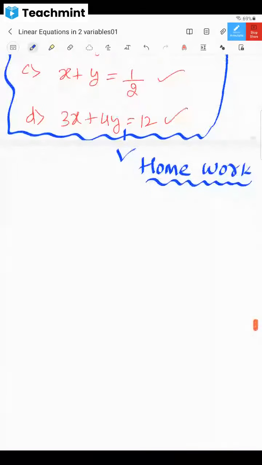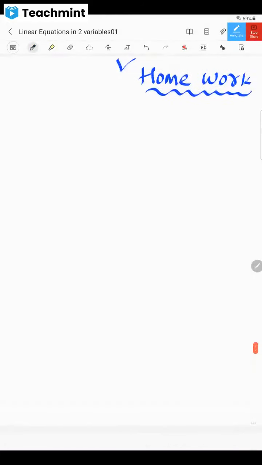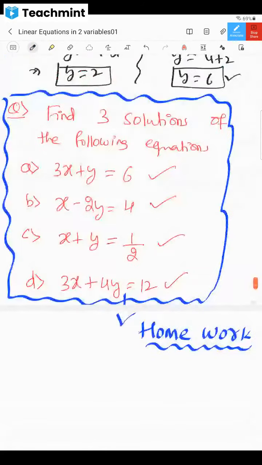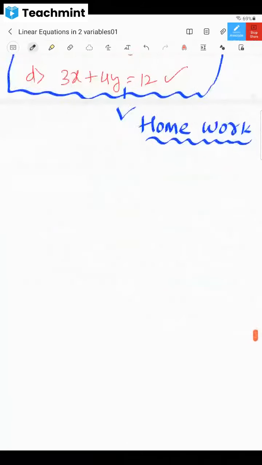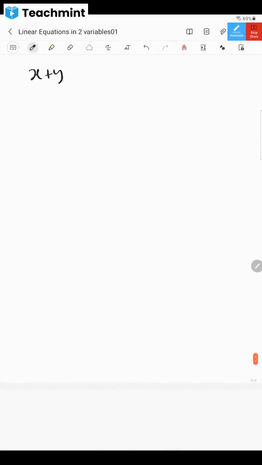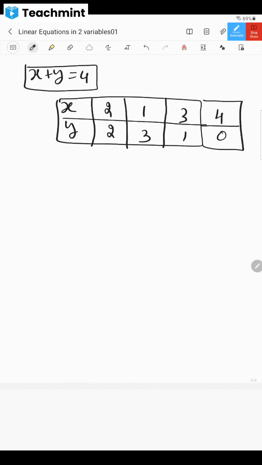Fine then. So, just now what we did, dear children, we have calculated all these values, no? For example, this one is x plus y is equal to 4. We had this equation, a simple equation it was, and we got so many solutions. They're like x and y, and I got so many solutions like this. Now, what were those solutions? They were like 2, 2; 1, 3; and 3, 1. We can have so many solutions like this. 4, 0 also, and 0, 4 also. We can have so many solutions or not?